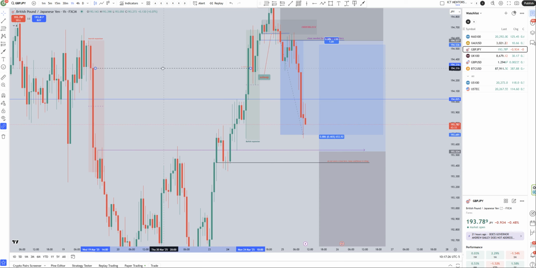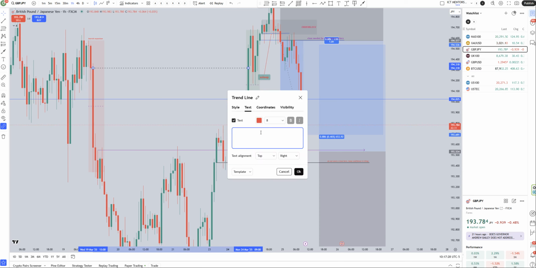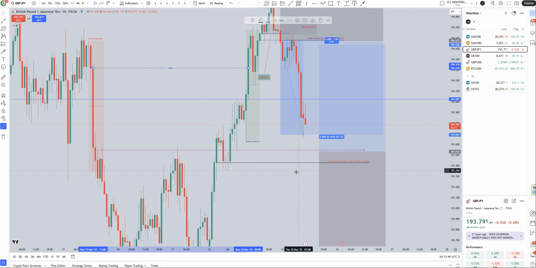So I can just put this and write two-bar, and this would be in the center, in the middle. This will be a little bit bigger, and let's use a neutral color, blue. And yes, so we can save this